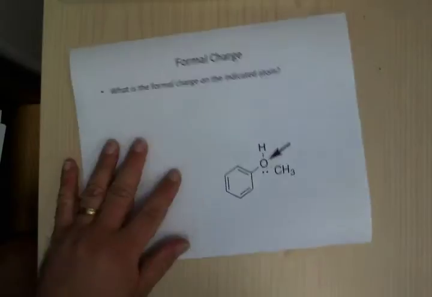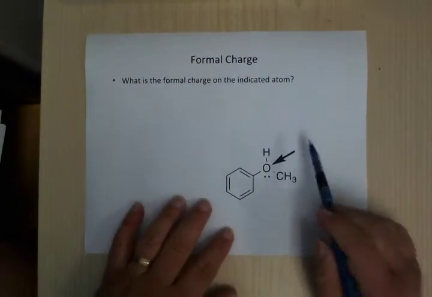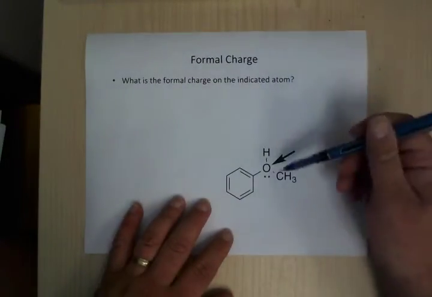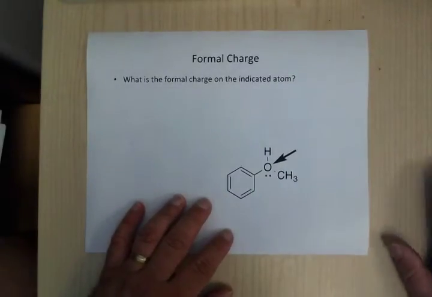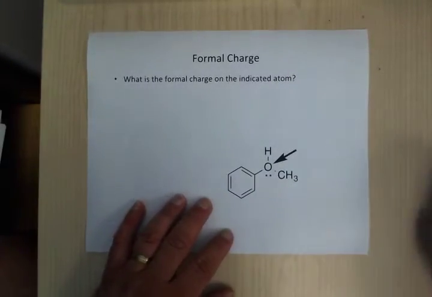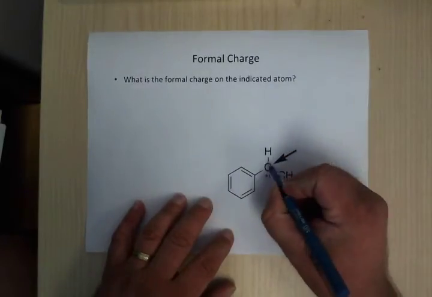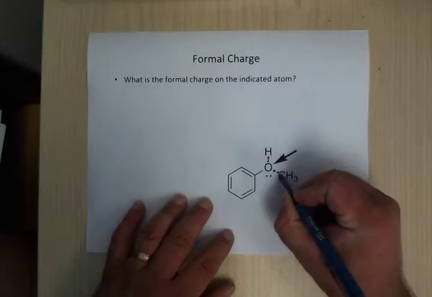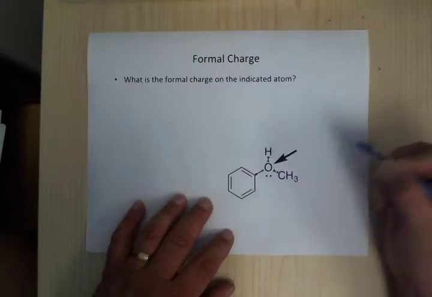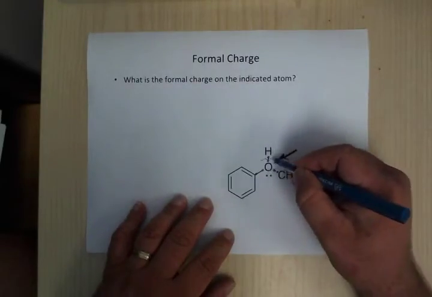Next up is formal charge. So what's going to happen is I'm going to give you a molecule, and I have a big arrow pointing right there. I want that. What's the formal charge on that atom? So if you remember, each bond has 2 electrons here. Bond, bond, bond, bond. So we're interested in that oxygen, so we're going to slice